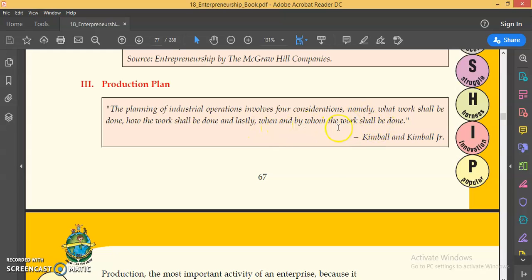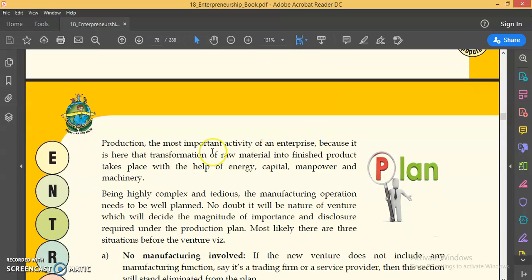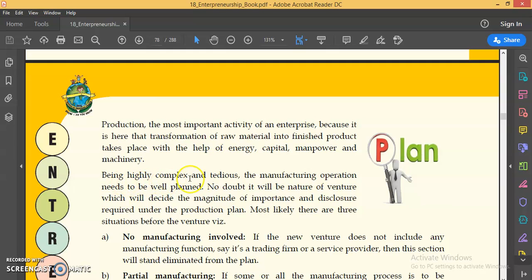So, the production plan is the most important activity of an enterprise because it is here that the transformation of the raw material into finished product takes place with the help of energy, capital, manpower, and machinery. Being highly complex and tedious, the manufacturing operation needs to be well planned. No doubt it is the nature of the venture which will decide the magnitude of importance and disclosure required